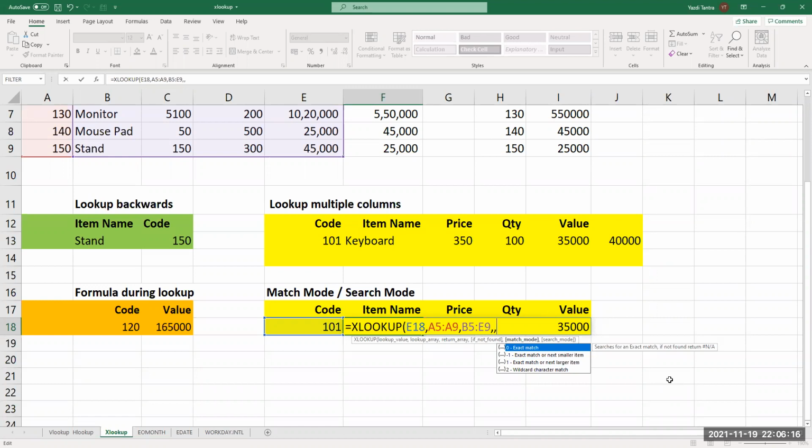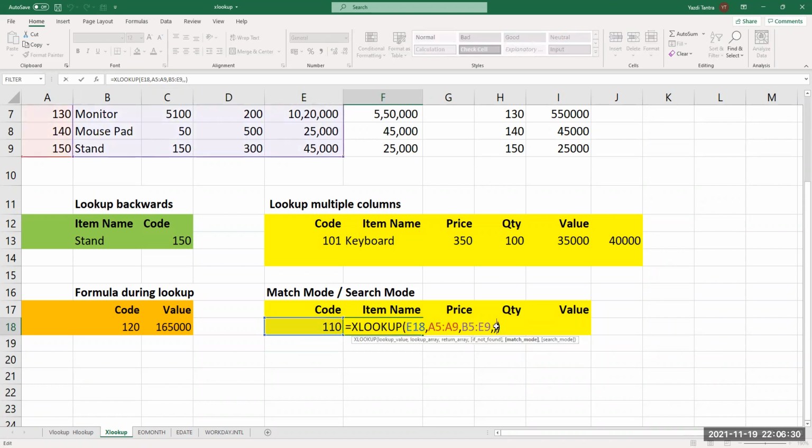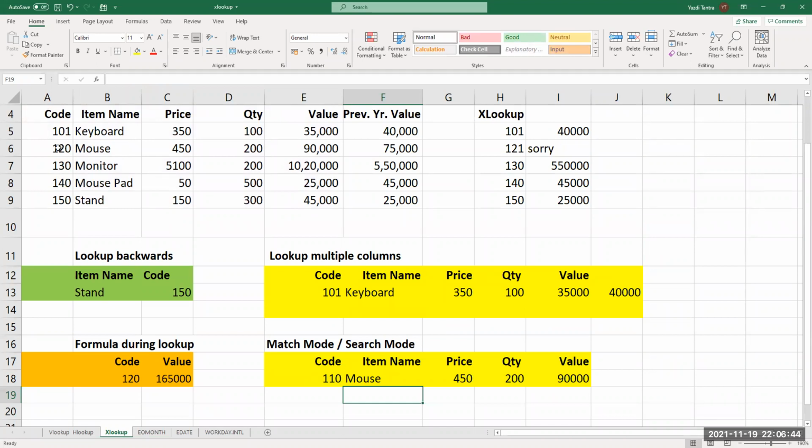If I say next smaller item and I write 110, if you notice, there is no 110. So it will go to the next smaller item and give you all the details. I'm sorry, why is it going to the next higher item?